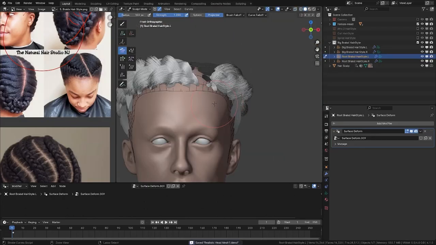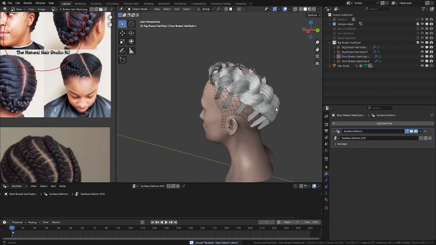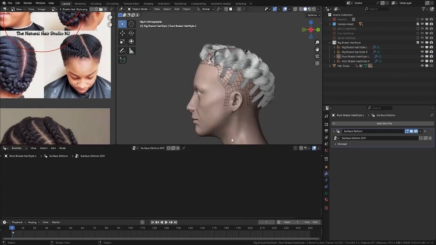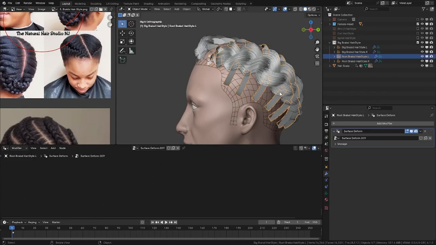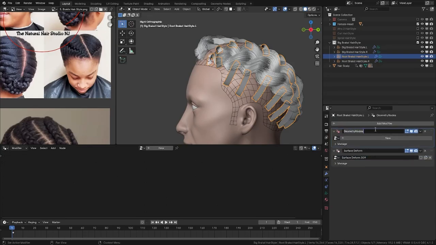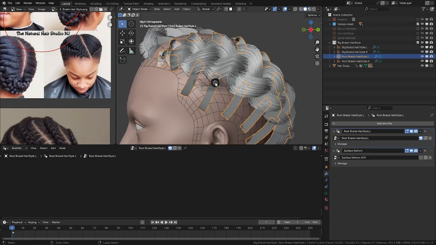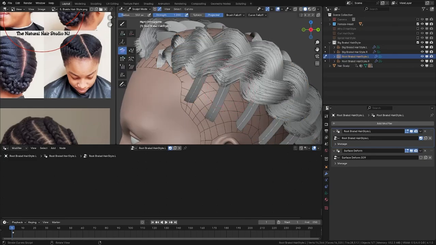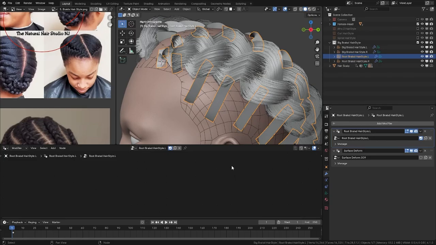So after adding the hair guide, the next step is we need to come into our geometry node editor. So here, let me copy the name. Here we'll add a new geometry node. It needs to be above the surface deform, and we'll paste the name here. And here we'll create a new geometry node. When you are done, you start to see mistakes. So here I'll comb it a little bit. So in here, in geometry node,